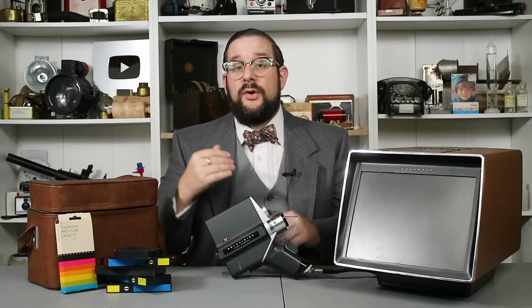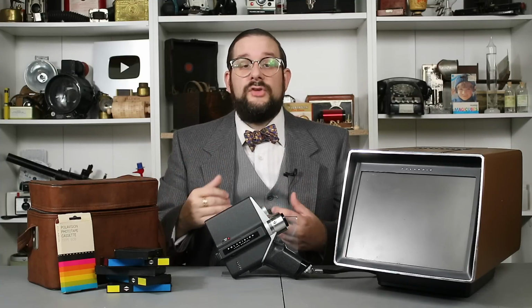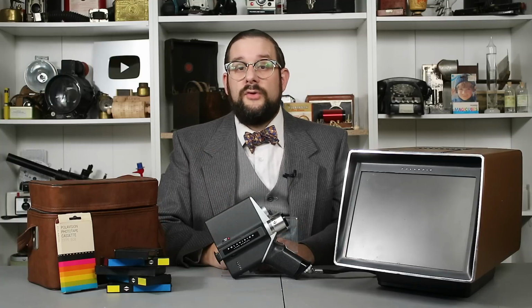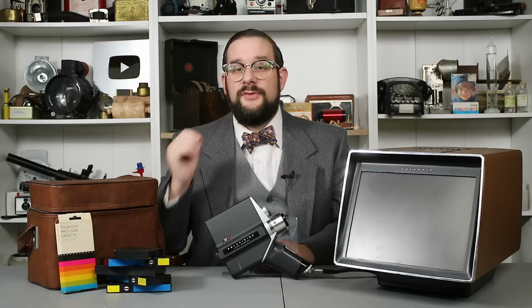However, this still didn't solve the problem of what to do with the negative layer once the positive image had been transferred to the receiving layer. And like I said, Polaroid didn't want to strip that layer away, nor could they hide the development process and reveal the final image using opaque dyes like in integral film. So what they decided to do was to turn the negative layer invisible, or at least considerably less visible than